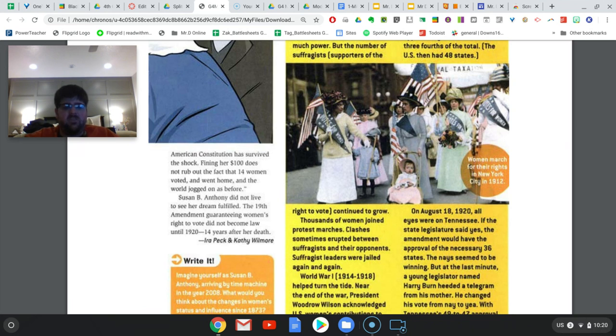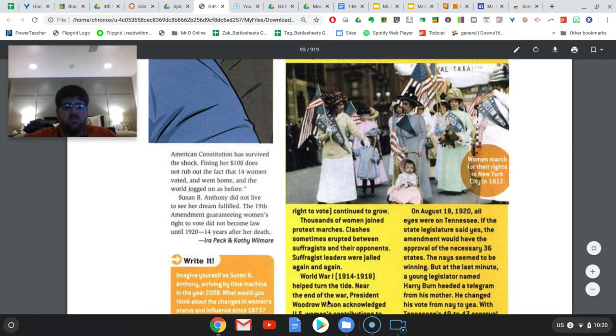Susan B. Anthony did not live to see her dream fulfilled. The 19th Amendment guaranteeing women's right to vote did not become law until 1920, 14 years